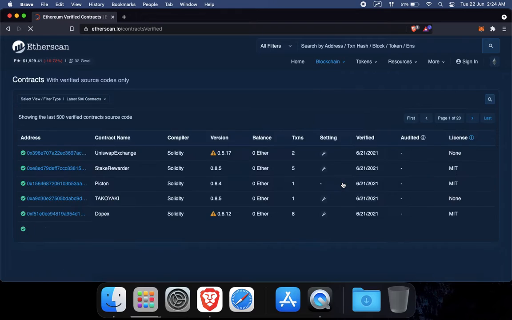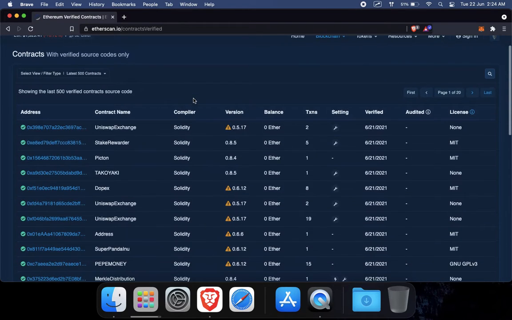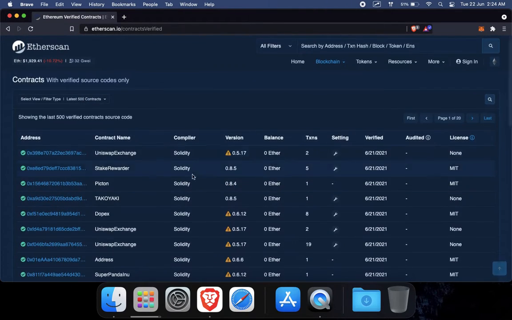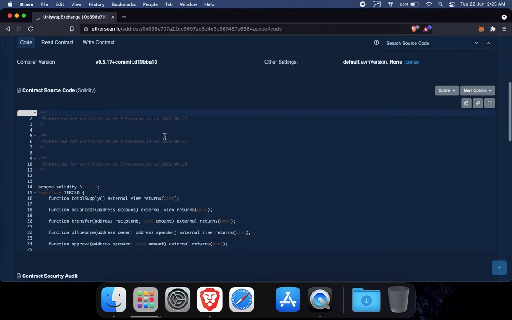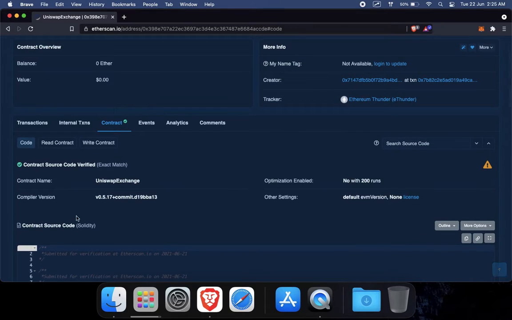Verified contracts. So this has to do more with, I guess, programmers who understand Solidity. So Solidity is the programming language that is used on the Ethereum virtual machine, the Ethereum network. Okay, if I were to click this, for example, yeah, so you can basically say that when it's verified,